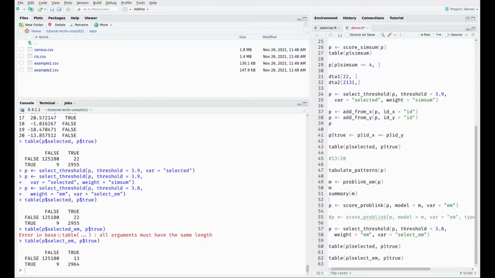I also see a question in the YouTube chat where Marco asked, what if you have more than 2 data sets to link? Yeah, it's a good question. Linking more than one data set is complex. The usual solution is to sequentially link them. So the general solution is to first link 2 data sets, basically resulting in a 3rd data set, and then linking that 3rd data set to the other data set that you wanted to link to the first 2. So the typical solution is to do it sequentially,